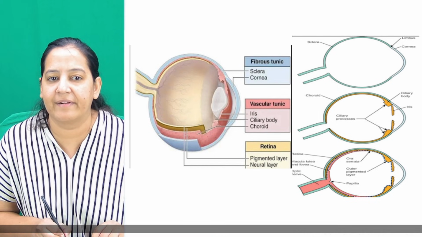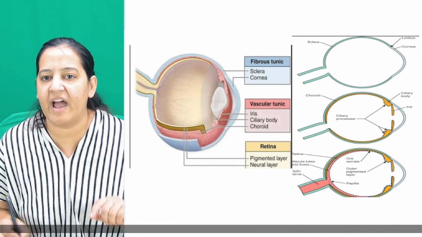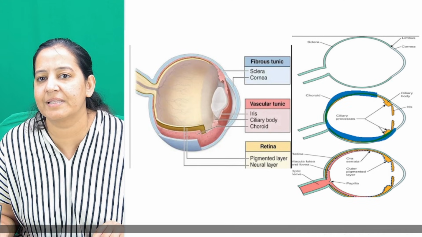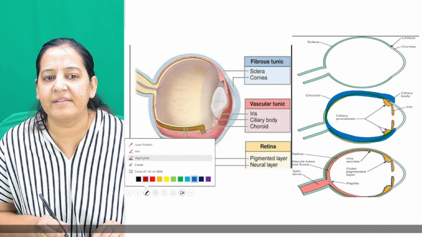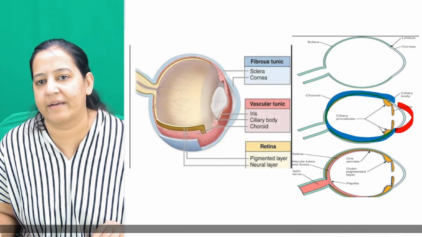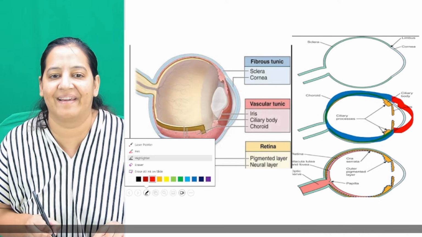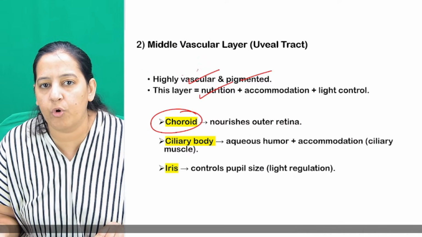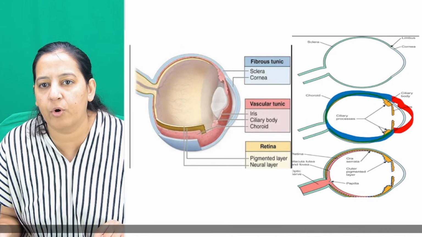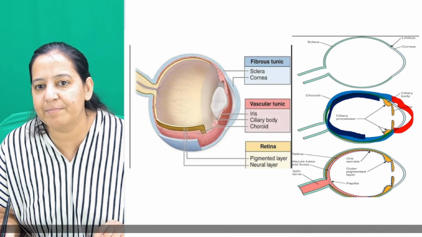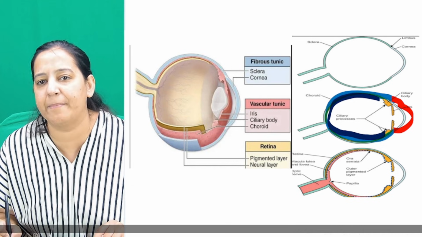Appreciate the middle layer. I'm coming on the middle layer. So first you see outermost layer. In the outermost layer, I taught you we are having two things. We are having sclera. This is sclera. And this is cornea. Outermost is done. Okay, this is outermost. Just below that, I'm interested in the middle layer. The middle layer is having choroid. This is choroid. This is complete choroid. It is pigmented. Just below the blue sclera, I'm drawing the choroid.